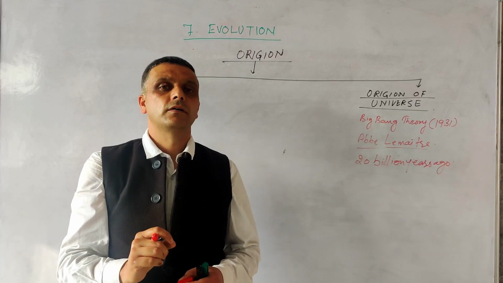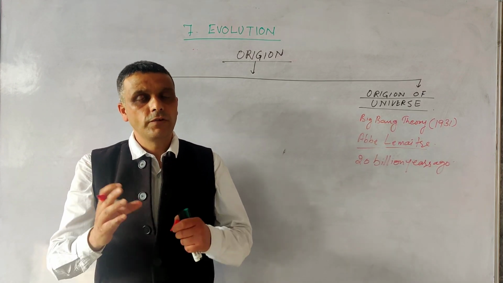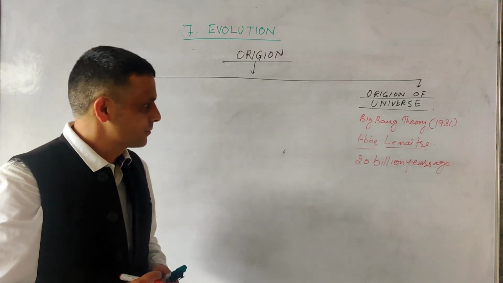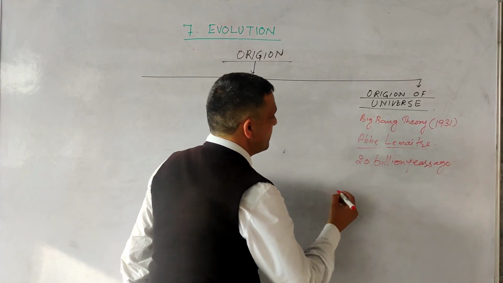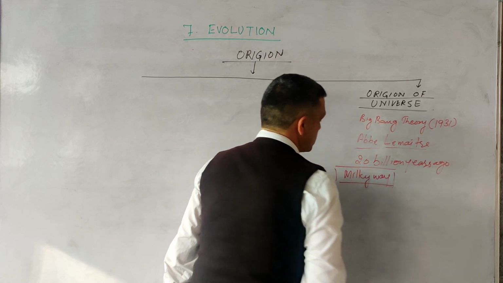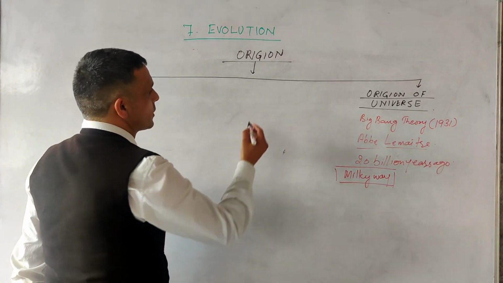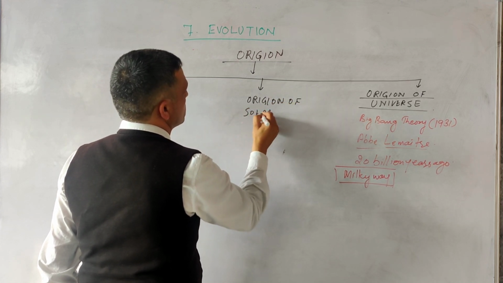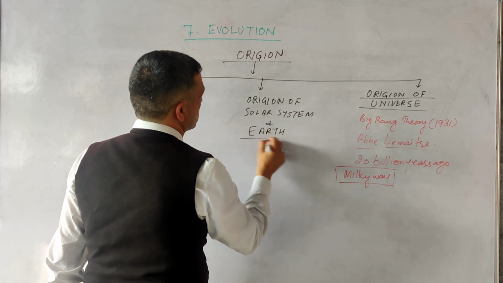Dear students, you might have gone through a term, redshift, in your physics classes, which simply supports the ever-expanding nature of our universe. And in our universe, amongst the billions of galaxies, the one galaxy is Milky Way. And in this galaxy, our solar system is present. When we talk about origin of our solar system and Earth,